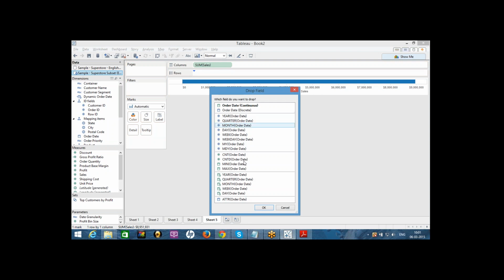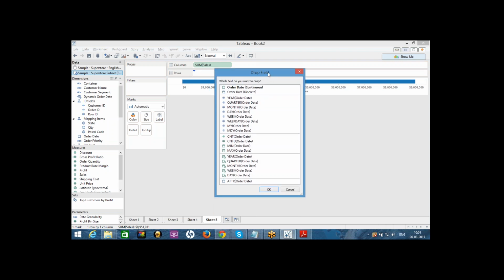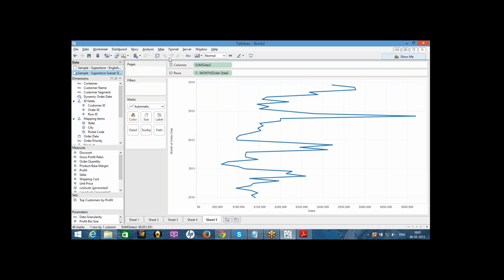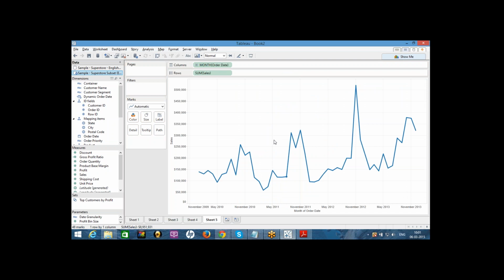You'll see the list of different date parts that are available, and select this month here. Click OK. Swap this. So here I got sales across each month, sales across the 4 different years.